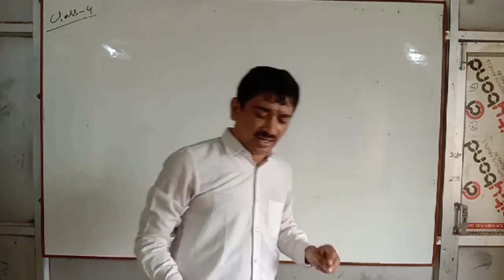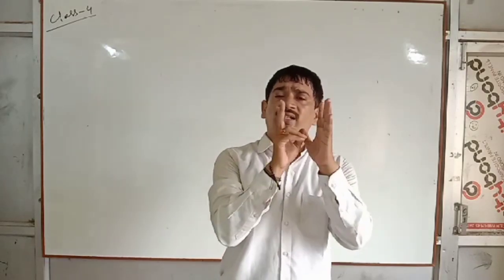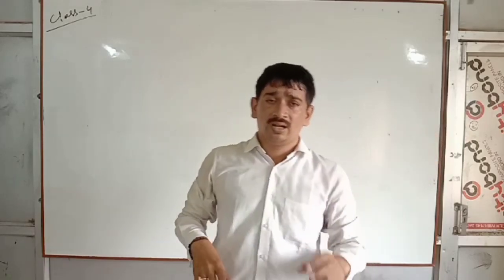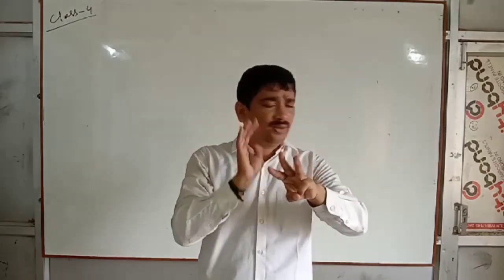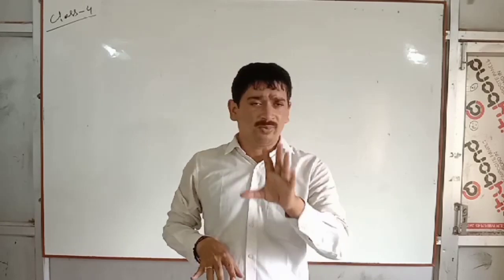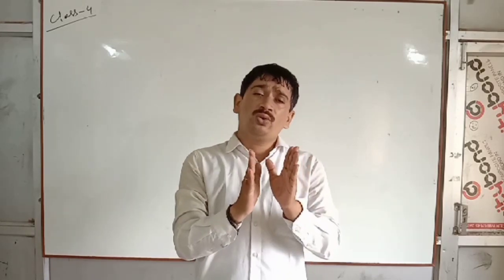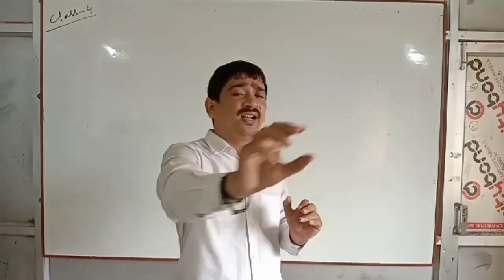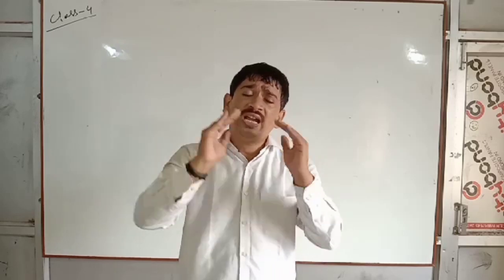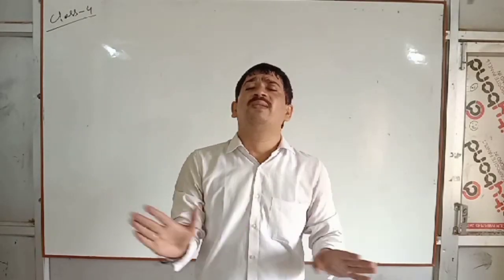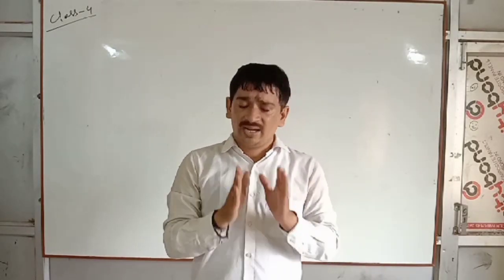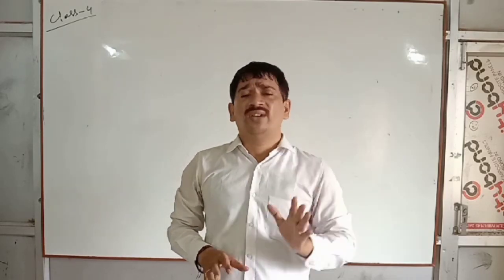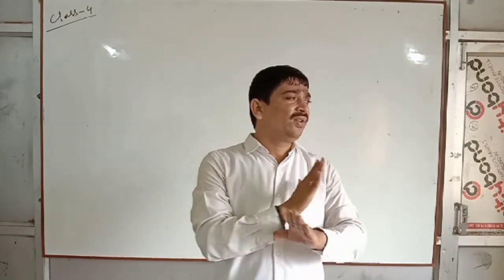Electrochemistry is divided into 3 categories. One is the conductance part, second is the electrolysis part, third is the cell or battery part. Electrochemistry is always divided into these 3 parts in plus 2 level. It is a very important chapter, so try to follow each and every formula and each concept whatever I am discussing in the classes, line by line. Otherwise you cannot solve the problems asked in electrochemistry questions. Most electrochemical reactions are pollution free.